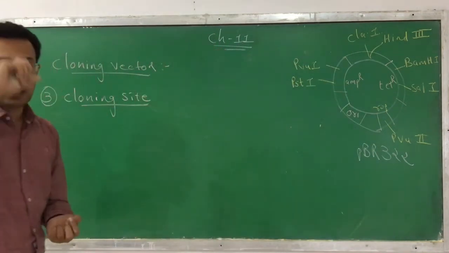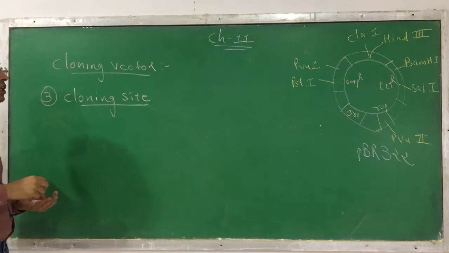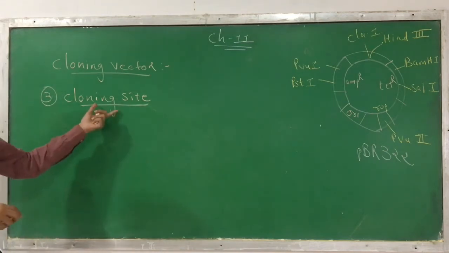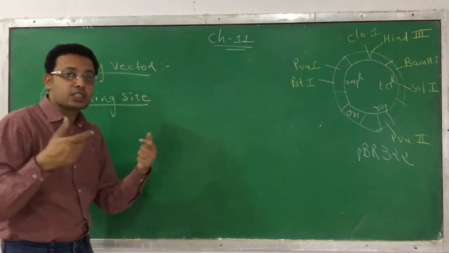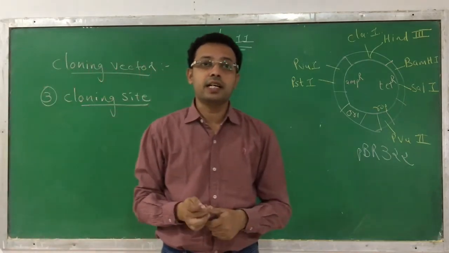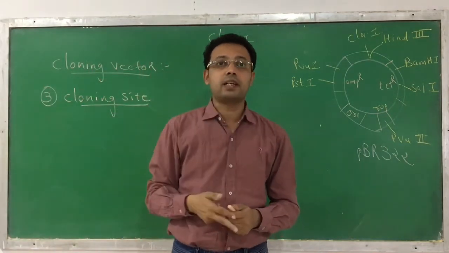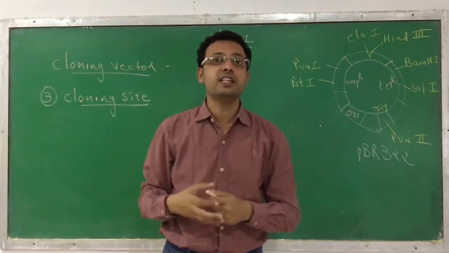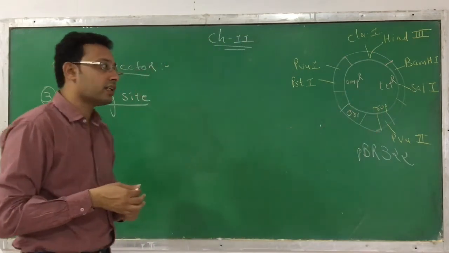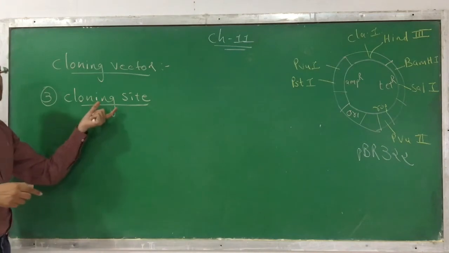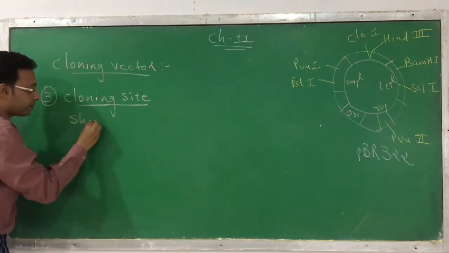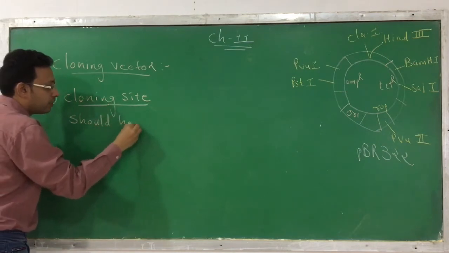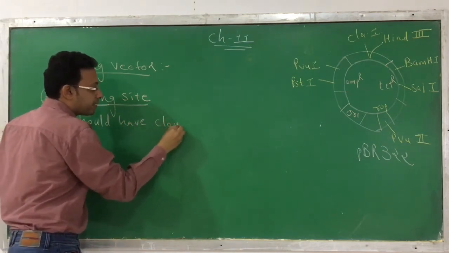These are called recognition sites or cloning sites. So these cloning sites or recognition sites are where the DNA is going to be cut and ligated, joined with a foreign DNA. So usually the cloning vector should have a cloning site. It should have the cloning site, but the cloning site